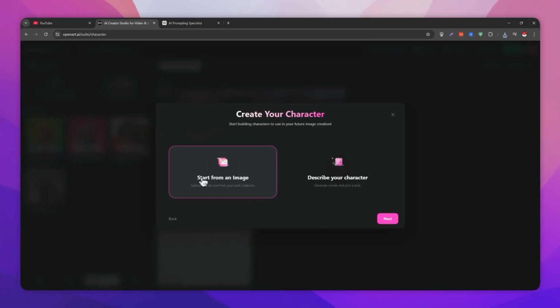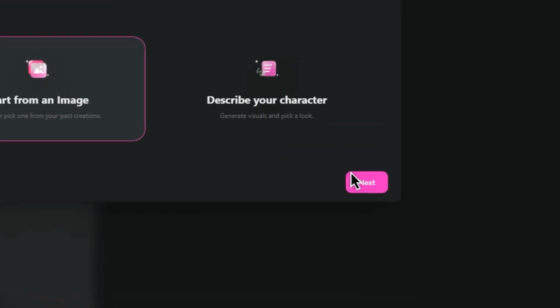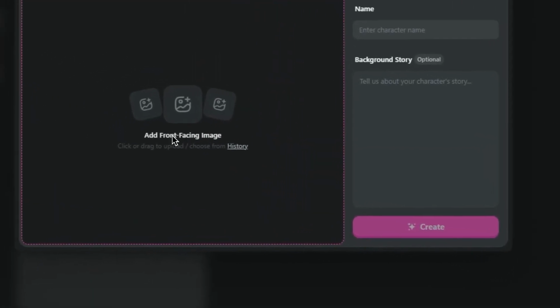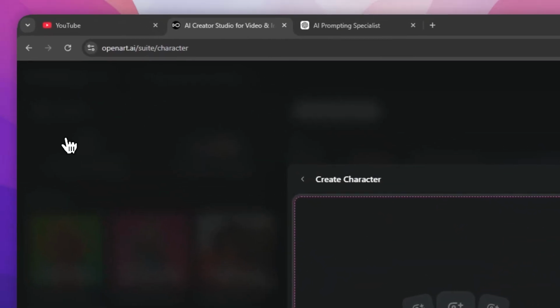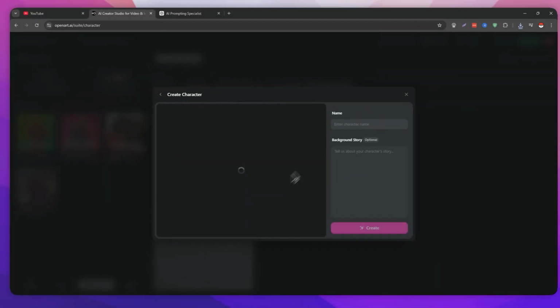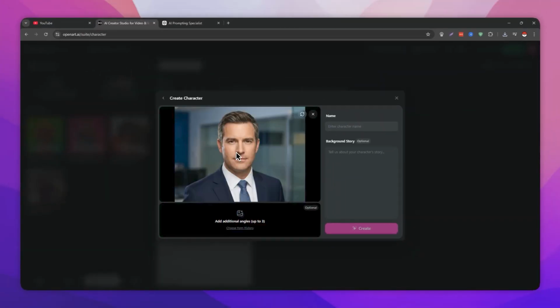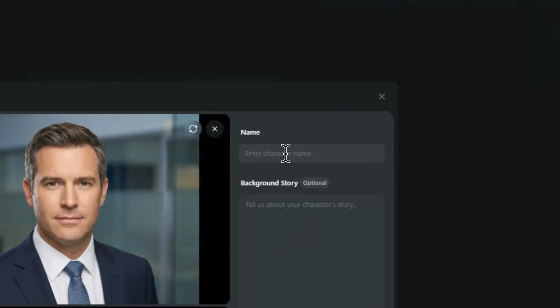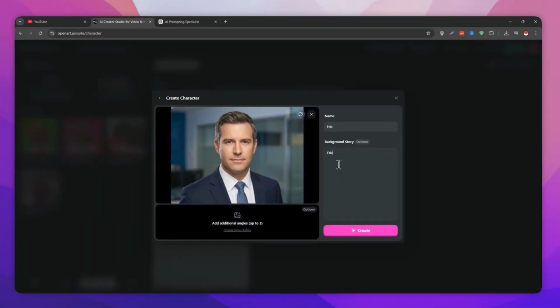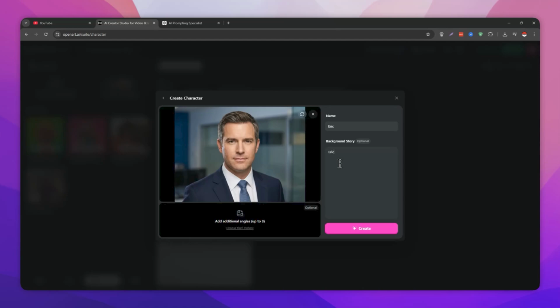consistent images. So start from an image, or describe your character. We already have an image, right? So all we need to do is click on start from image and click next, and then just click the character. So as you can see here, we're going to use this one, and once it's loaded like that, enter a name. Let's say Eric, right? Background story. You can just put anything or just don't put anything at all. But for this video, we're going to say Eric is a